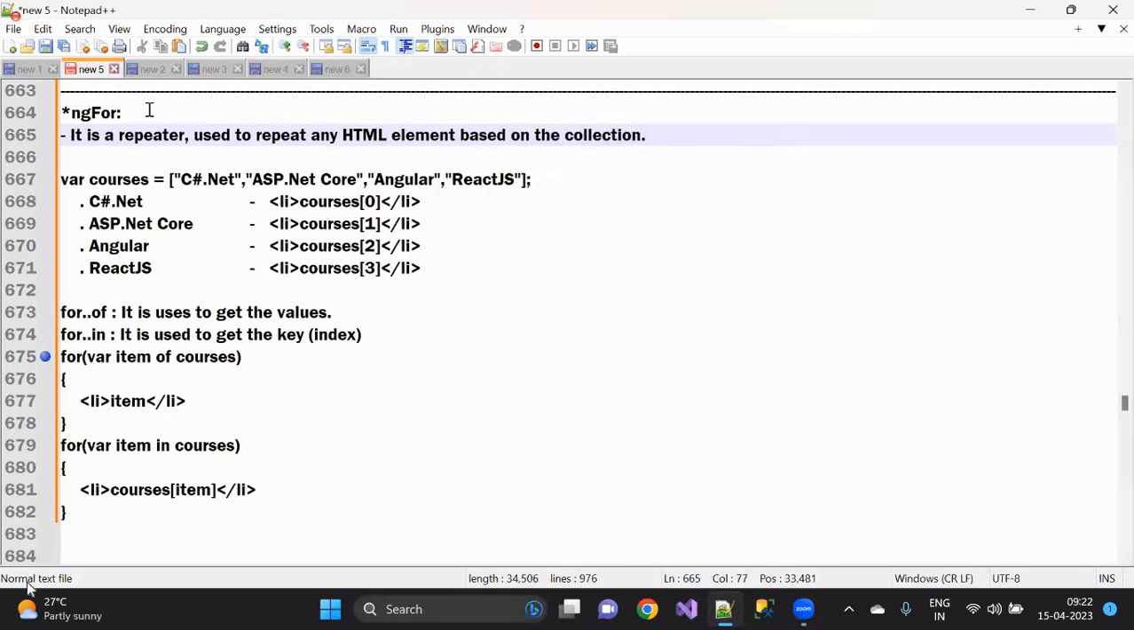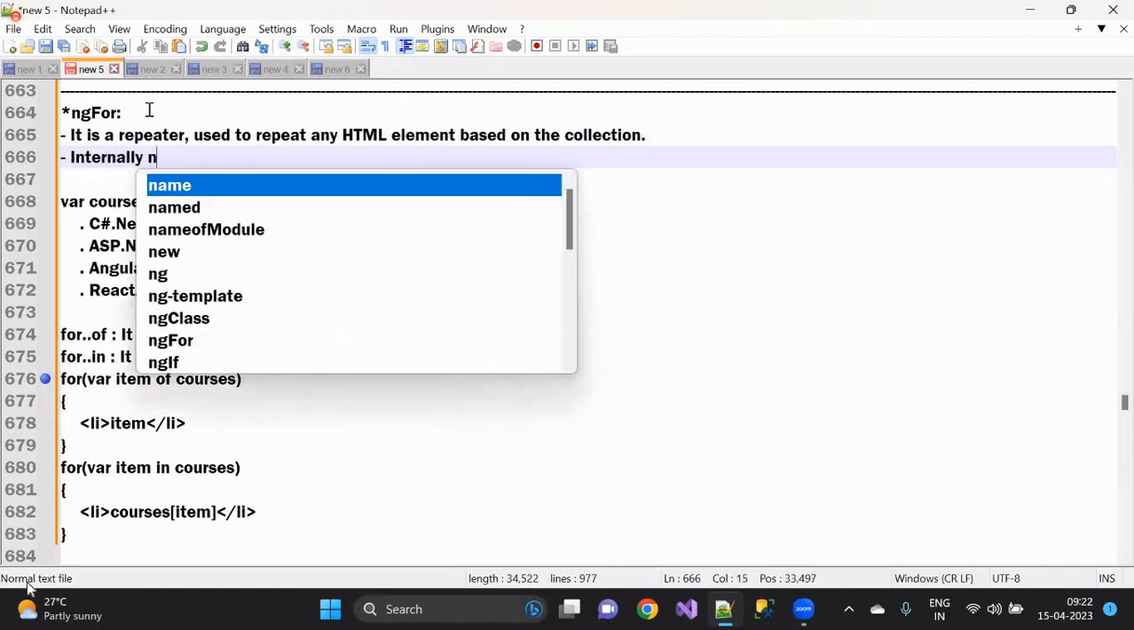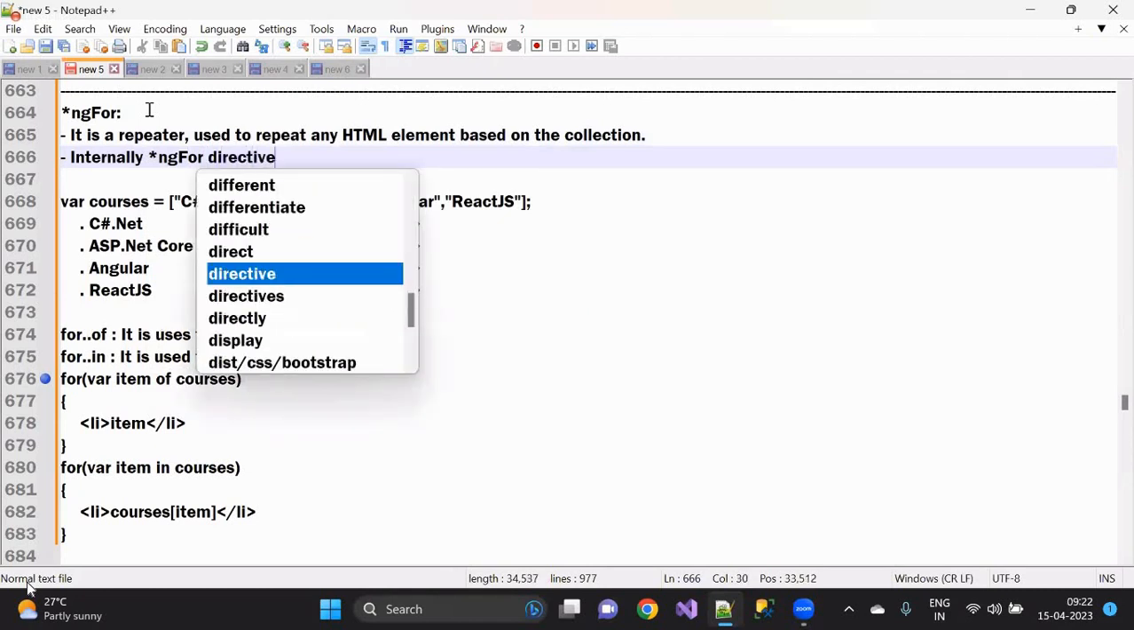That means in my collection, if I'm having, let's say, 20 items, then 20 times it gets iterated. If I'm having 30 items, then 30 times it gets iterated. If I'm having 100 items, then 100 times it gets iterated. So that is exactly what ngFor is going to be. Understand? It's all based on the collection that we are having. And internally, do you know, the ngFor directive is using,